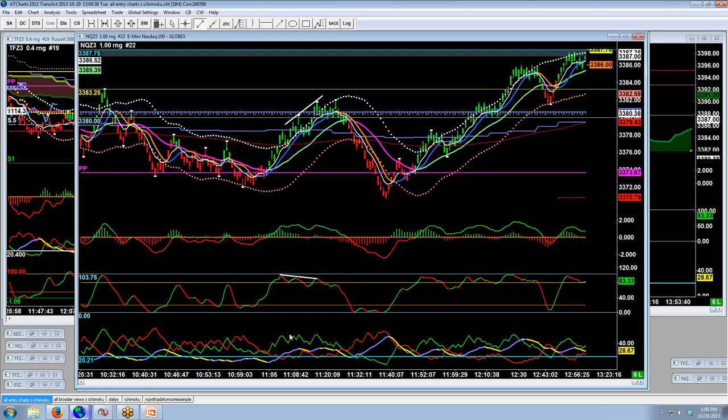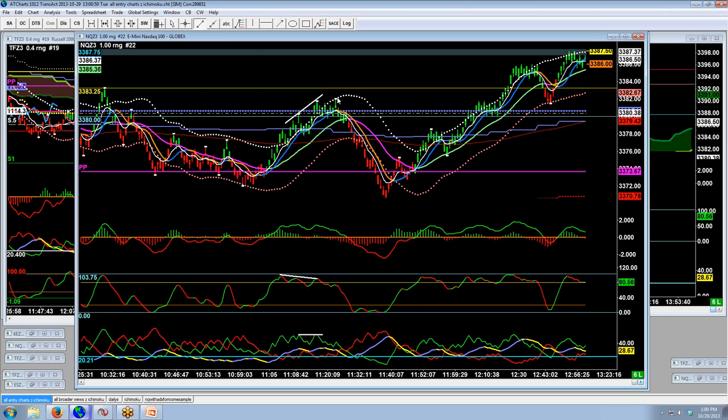You can look at the DMI and look at the same thing. You've got your DMI peaks here, and they're actually all equal, right here. So that's still a form of divergence because we've got, even here, let's see, I drew the line in the wrong spot for using the DMI, but you can see here we've got, let me erase this line here,